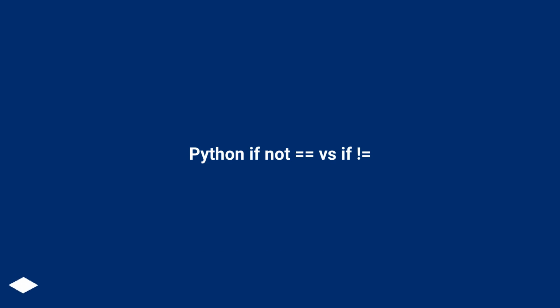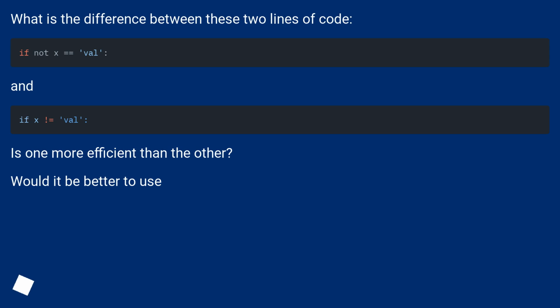Python: if not x == y versus if x != y. What is the difference between these two lines of code? And is one more efficient than the other? Would it be better to use